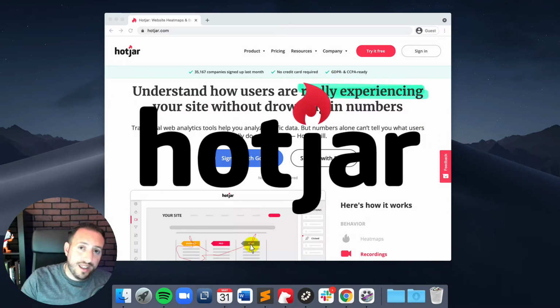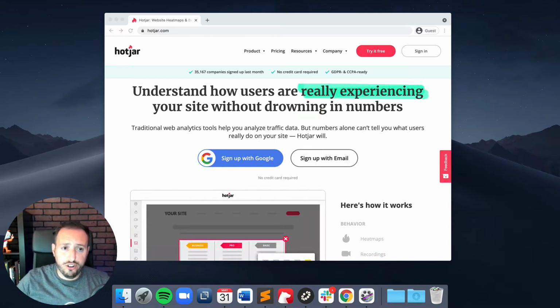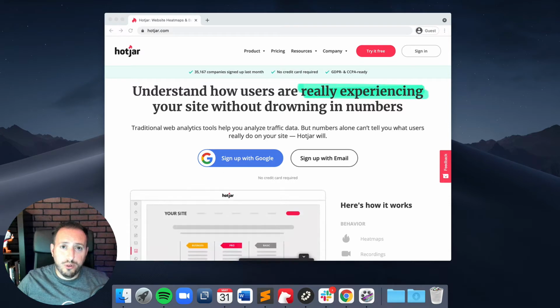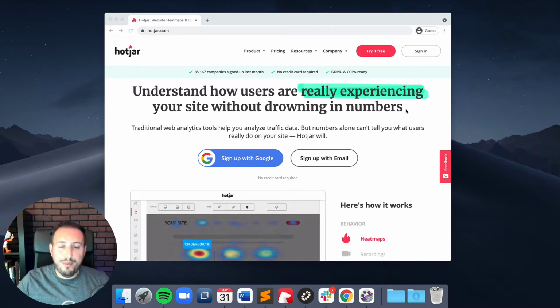I'm going to show you what it is, what you can use it for, and give you a quick tour of some of the features and functionality. So Hotjar is a simple tool that lets you understand how your users are really experiencing your site without drowning in numbers. They do a good job of explaining what the product is right here on the homepage, but the